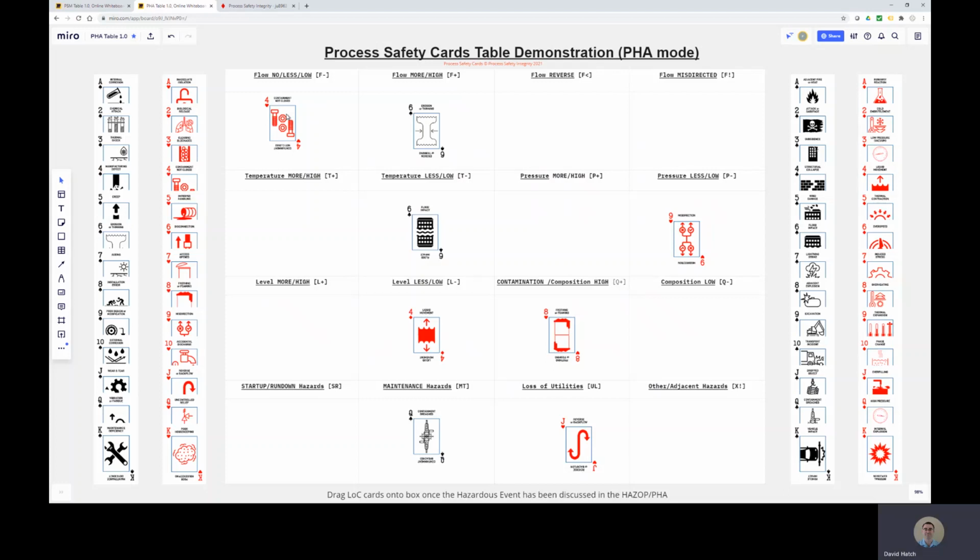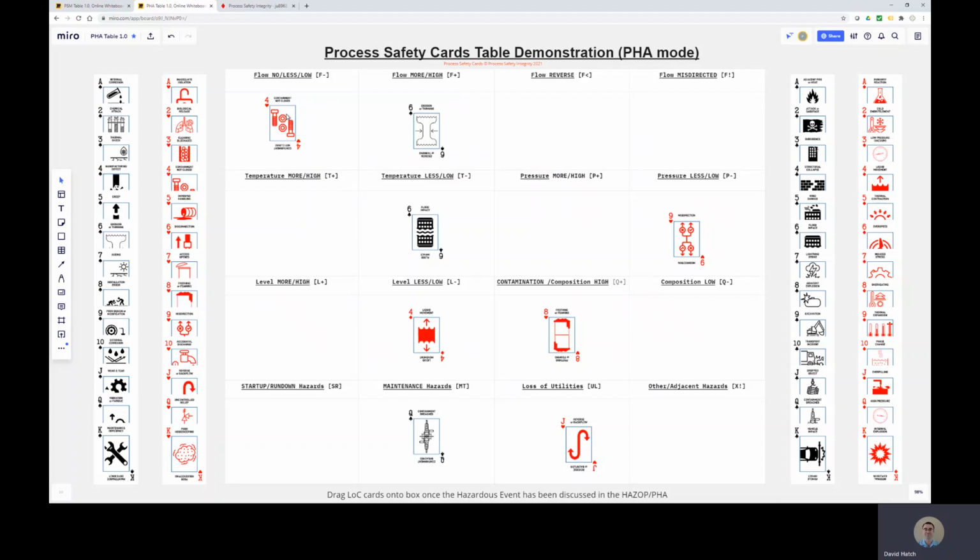So these are just a couple of examples where we think we could use an online platform more collaboratively, given the remote and isolated conditions we find ourselves in, but very much having the same look and feel as the physical cards. And these could be developed in different languages.